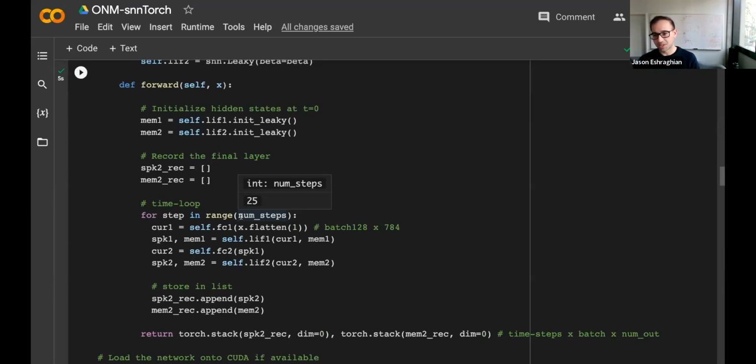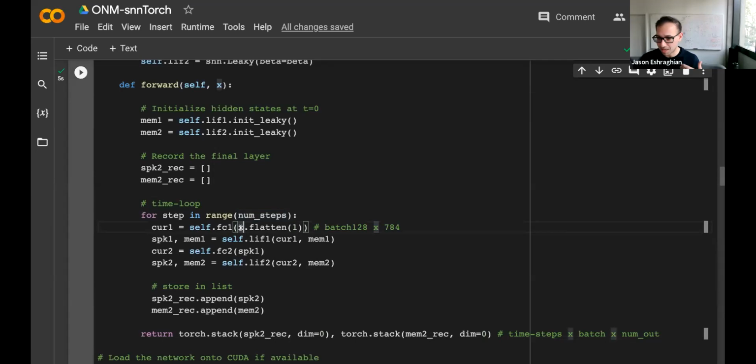Of course, this example doesn't really show it because we're passing the same image at every time step. But let's say I have a video, right? If I had a video, and I will show you an example of that, then I would need to iterate through the various time steps of my input. I would need to first sample into the first frame of my video, then the next frame, then the next frame, and so on and so forth.